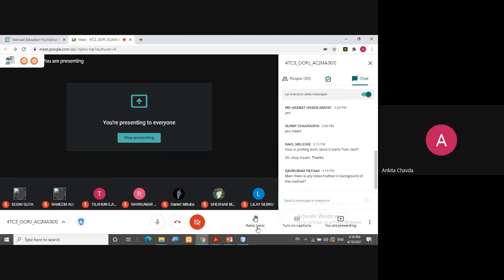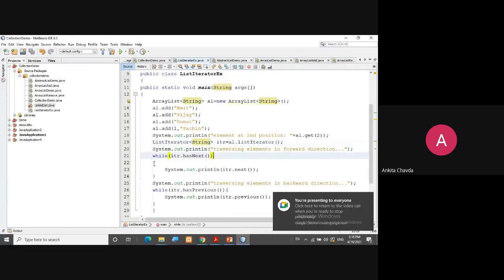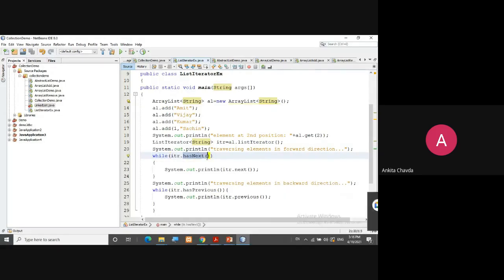So always use this inside some looping condition. Okay. Otherwise, it will even take null, right? Which is -1. I mean, no element is there. So that is why we are writing it inside the while loop always. That while it has some elements, then and only then do this next. Okay. Then and only then do the next. Inside this loop only.